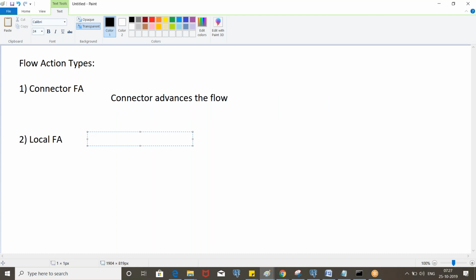A local flow action doesn't advance the flow, rather it performs some action while being on the current screen.